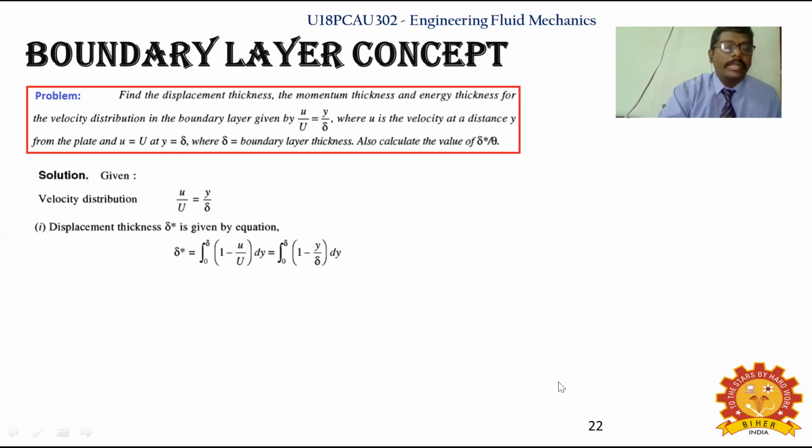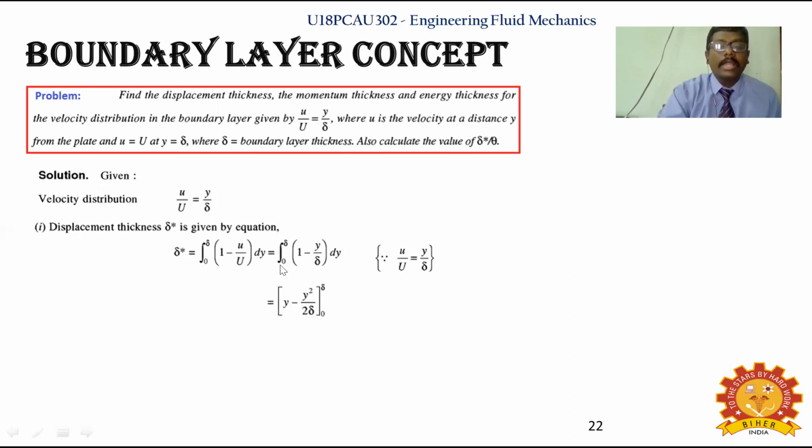So displacement thickness, we had found, is the integral from 0 to delta of 1 minus small u by capital U, into dy. Here they have given that small u by capital U is y by delta. That is what you are substituting. This is substitution only. What is needed to solve this problem is remembering these three equations, then your integration theory, whatever you learned in mathematics. So as u by U equals y by delta, that is what you substitute.